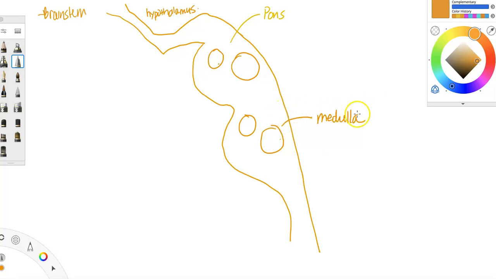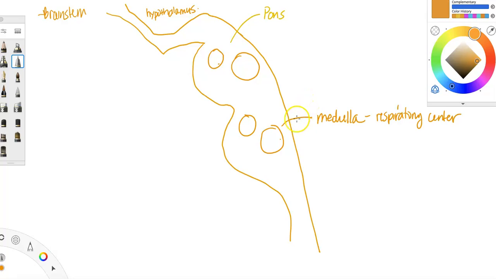So the medulla basically contains the respiratory center, okay? So the medulla has control over actual breathing. The pons kind of helps, all right? So